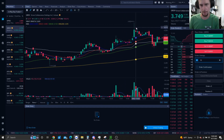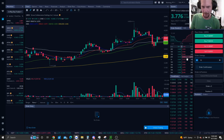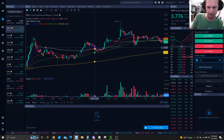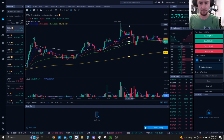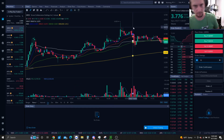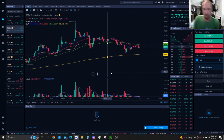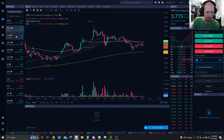At this 445 point, I'm watching this on a 1 minute chart, and it just literally got wrecked. Everybody started hitting the bids and selling all their position at this 445 area. There was a huge seller on the tape of like 40,000 shares. So at that point, I'm really not interested in holding this anymore. I'm going to take the gains that I made. So on 100 shares, even if you took the worst entry at 365 to 445, it's about $80 profit per 100 shares on that trade there, give or take. So anyway, those are the tickers that I was watching today as far as low floats go,